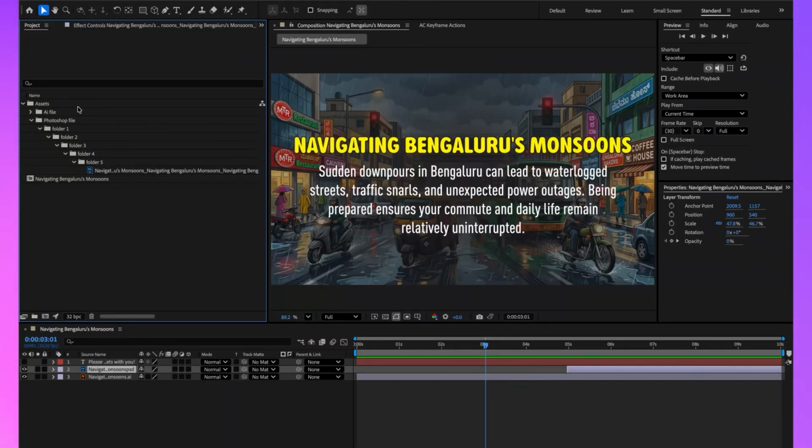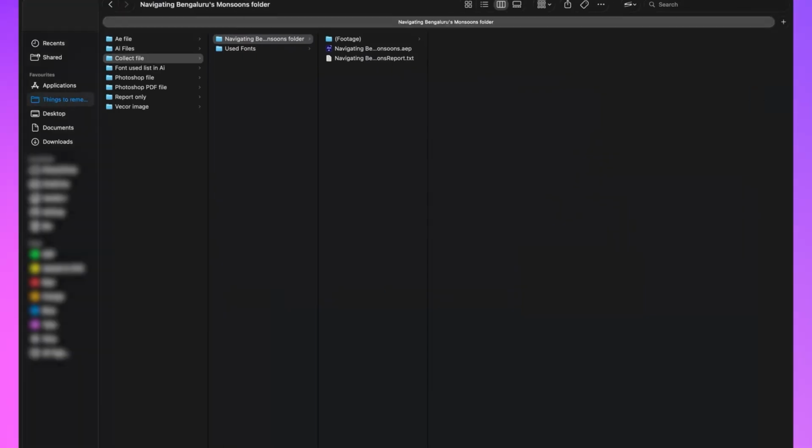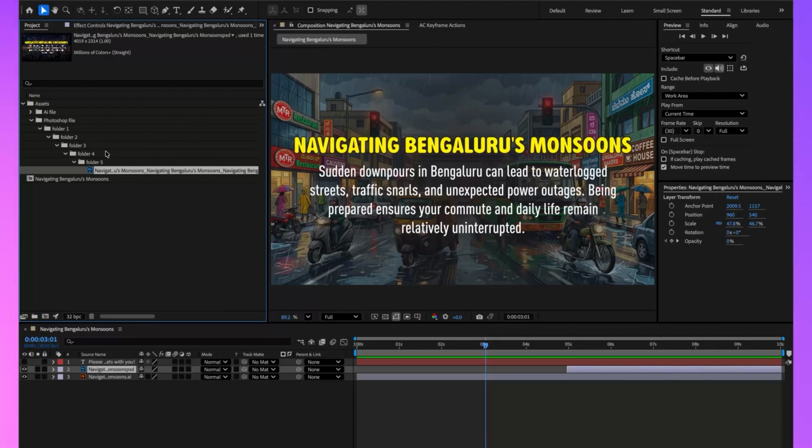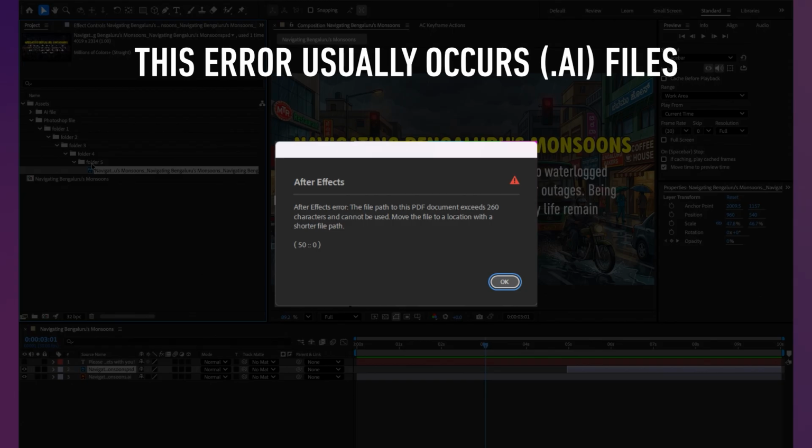Whatever folder structure you have in the After Effects project bin, when you do collect files, that folder structure will also remain. The problem with having a lengthy name and too many folders is that when somebody opens it in Windows, they'll get an error pop-up saying